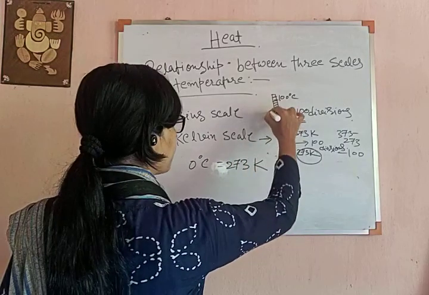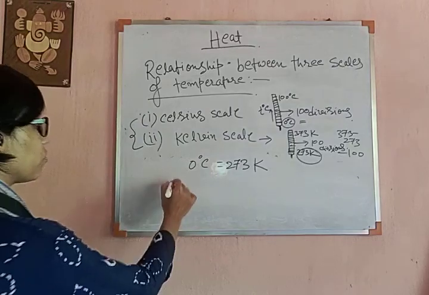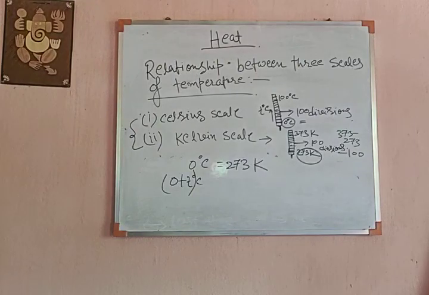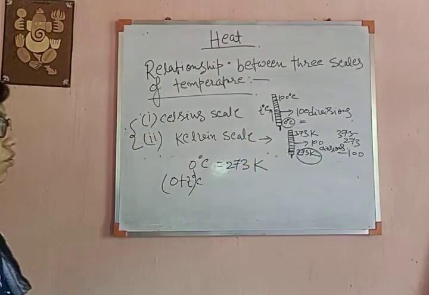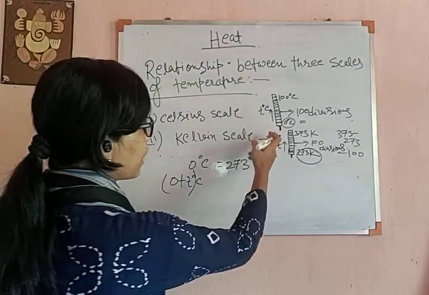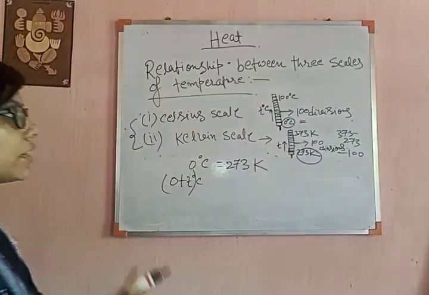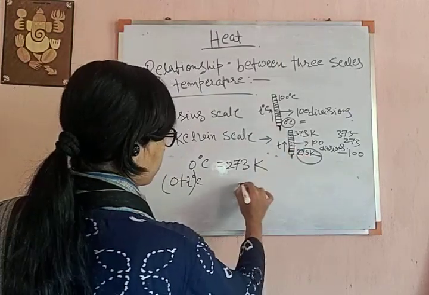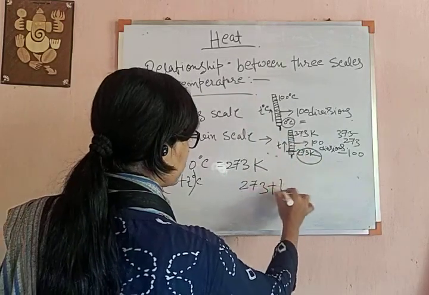Suppose you have increased the temperature to T degrees Celsius. That means 0 plus T degrees Celsius. As soon as you have increased the temperature from 0 degrees Celsius to T degrees Celsius, you also have to increase the temperature in the Kelvin scale by the same amount T. So here you are adding the increase T to 0, and here you are adding the increase T to 273. In Kelvin scale it will be the initial temperature plus T, 273 plus T.